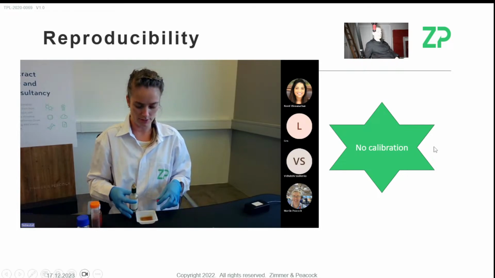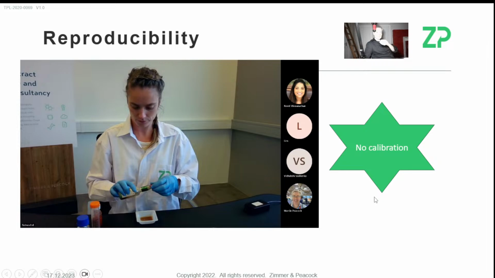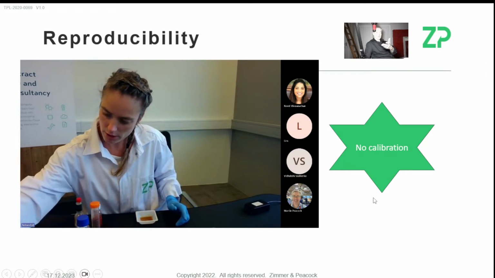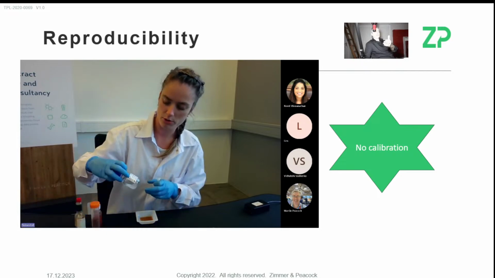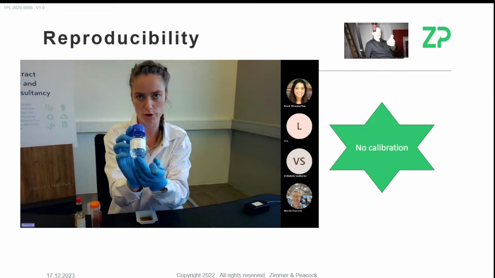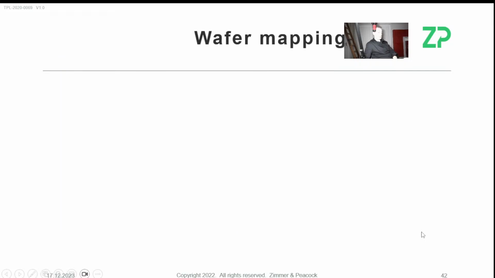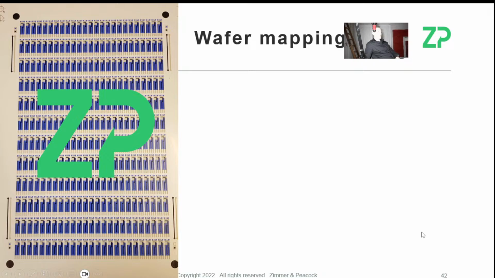So the fact that we have no calibration is really because of the reproducibility, either of our sensors when we're working with clients that are actually going to market, or of our screen printed electrodes. And the five that I've linked up above are pretty good because we use them a lot. We do something called wafer mapping. I think I'm the only person who uses this term because I've spent some time in the electronics industry.